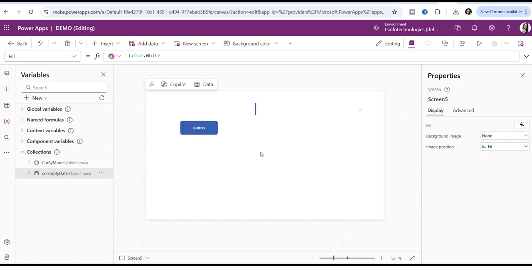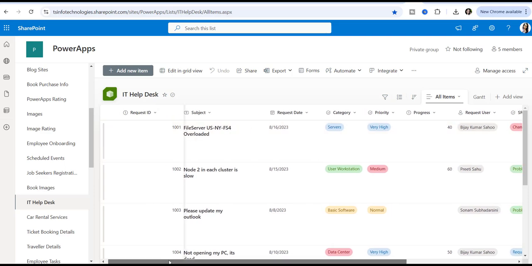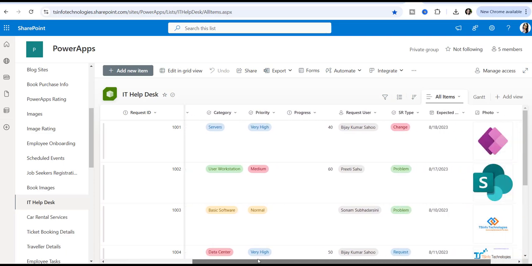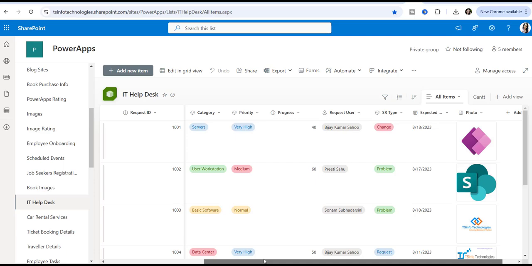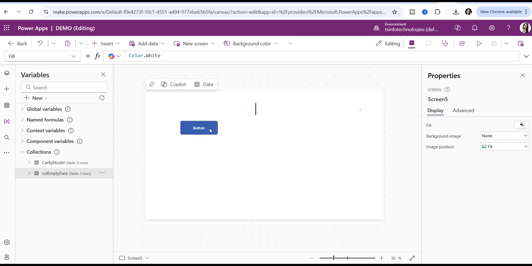And I will also show you how we can create an empty collection with headers from a SharePoint list. This is my SharePoint list, for example IT help desk, and you can see there are various columns present: request ID, subject, request date, category, priority, progress. Everything is there. I just want to create this empty collection with only these headers. There will be no values, as blank data will be there, and I will only create these columns. So for that